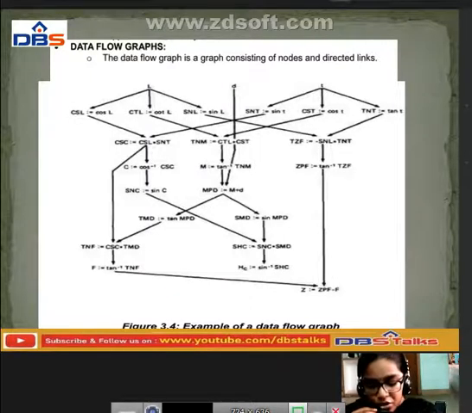It is a mixed combination of logical operations, and here definitely these are the basic things. This is a small example of how we are going to draw the data flow graph, and if you observe, it is a combination of all the logical operations, and how we are going to implement those logical operations there. This is the example of the data flow graph.